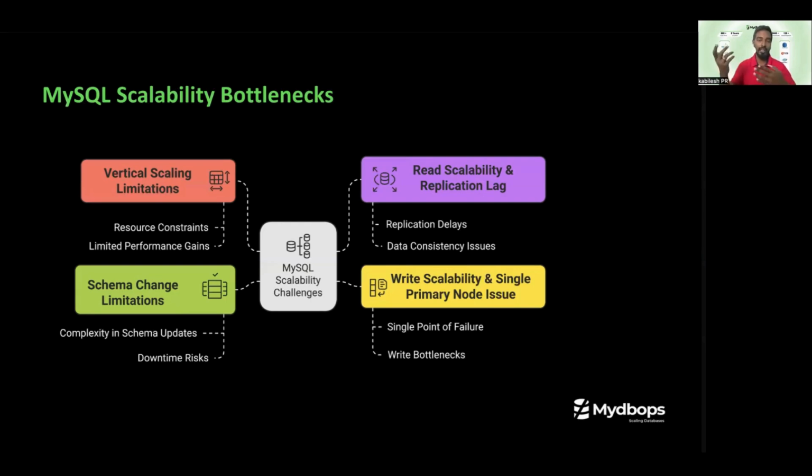Maybe it's a database or any other use case. So that is where the first MySQL scalability bottleneck is hit. And next is a schema change limitation. Let's consider you have a table of around 2 terabytes. What will you do to add an index that will help in your application release? When you run a DDL, the table will get locked.